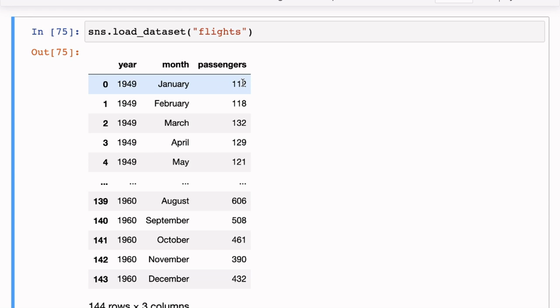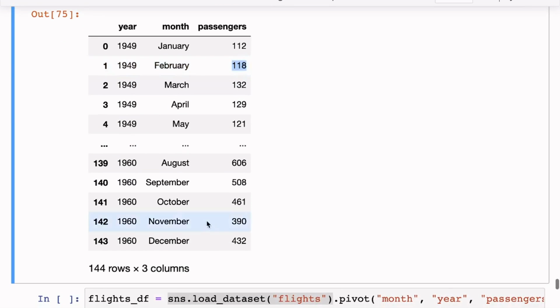So this is the footfall at the airport. I can't recall which airport this is, but let's assume it's an airport. So in January 1949, 112,000 passengers visited the airport. In February of 1949, 118,000 passengers visited the airport, and so on. We have this data for 1949 to 1960. Now what we may want to know is, what does the trend look like?